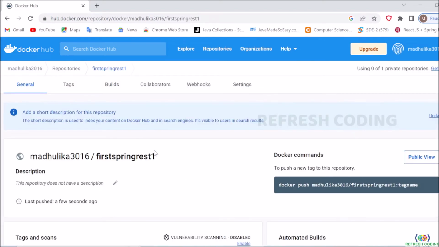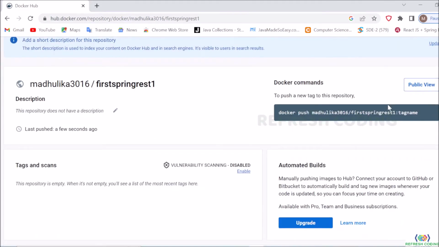And if you can see, the repository is created now. Now see, we can use this command to push this image directly here in Docker Hub. But before that, what we need is a tag name. If you can see here, it is asking me a tag name. So what you will have to do, you will have to tag the image first with a tag name.